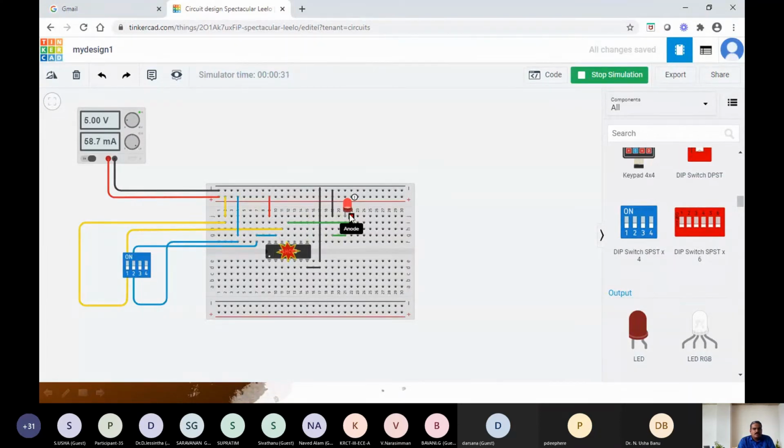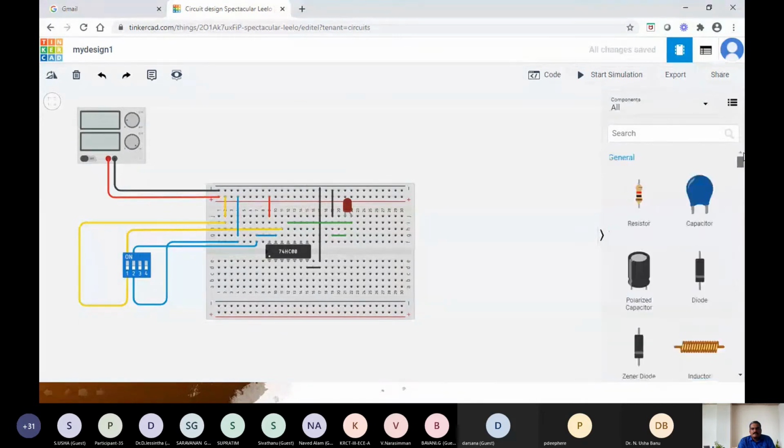So it shows we have directly connected our LED into the ground, right? So what we have to do is connect a resistor over here. See, it shows that it is getting bursted, so I will stop the simulation. Now I will include one resistor. This resistor has to be connected from cathode to the ground.